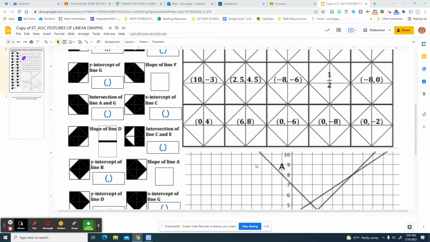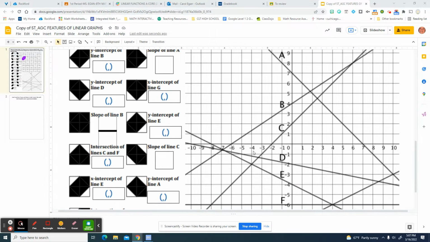So first thing I'm going to do is go down and look at the graph they provided us, and I can see this is line A. I can also see that this is the y-axis and this is the x-axis, right? They meet in the middle at the origin. So when they're asking for the x-intercept, they're asking us where we cross over the x-axis at, which I can see line A crosses over